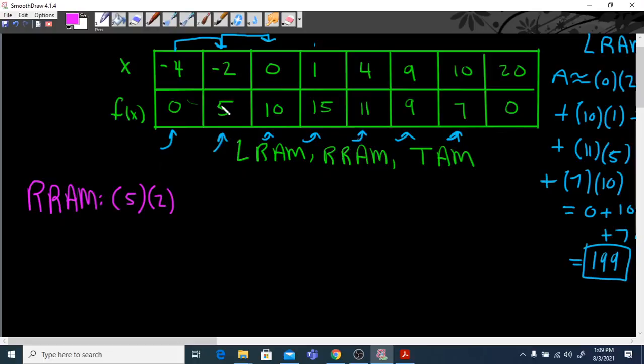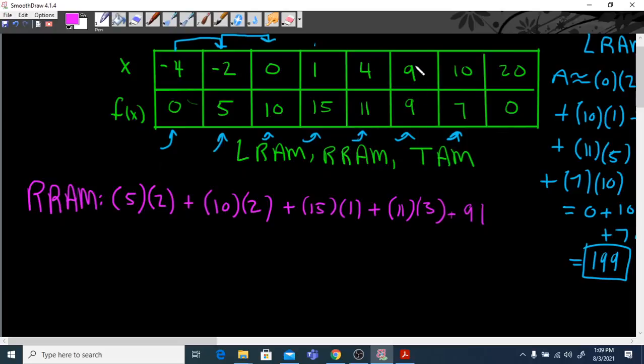Okay. Next, we're going to use this y value. And then we're going to go 0 to -2. That's a distance of 2. Plus, here's this y value. And then the distance between 0 to 1 is going to be 1. Plus 11. And then the distance from 1 to 4 is 3, and then we get plus 9, and then the distance from 4 to 9 is going to be 5,